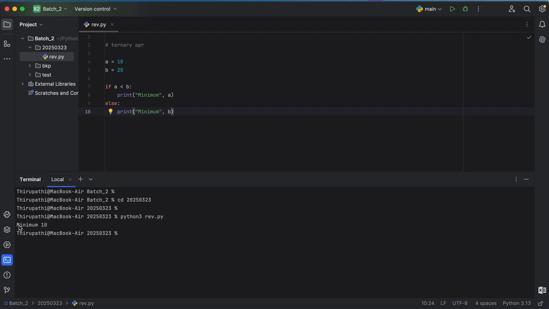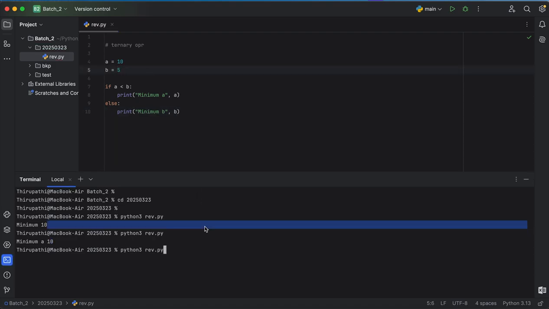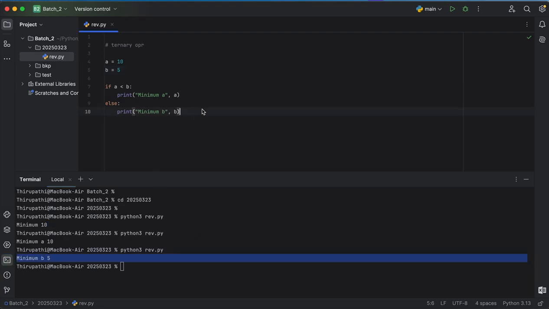See, now minimum is a, right? Let me write here b also. Okay. Minimum is a and a value is 10. Okay. Now what is the minimum? Minimum is b and b value is 5. So